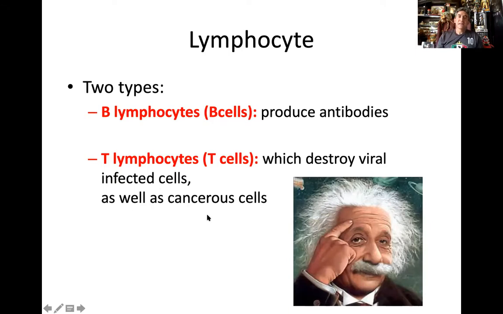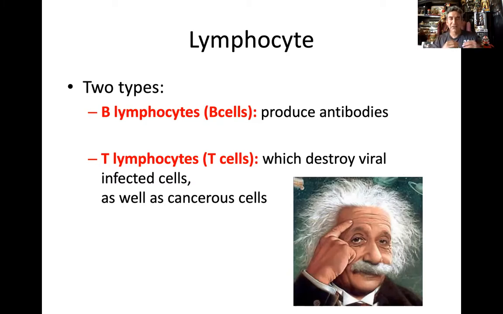So if we analyze what's going on here, we have a particular leukocyte for different types of invaders. If bacteria come into the body, we have neutrophils that fight them off. If parasitic worms come into the body, we have eosinophils that do the job, right? Well, what if we have a virus coming in? A virus is a non-living entity, right? So it doesn't look like a bacteria, doesn't look like a worm. Well, we have these intelligent, thinking types of